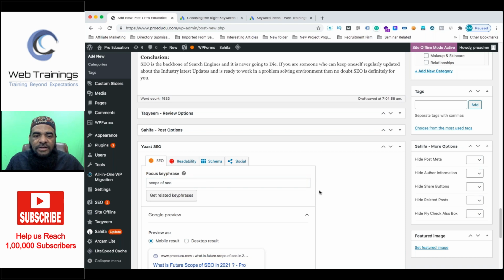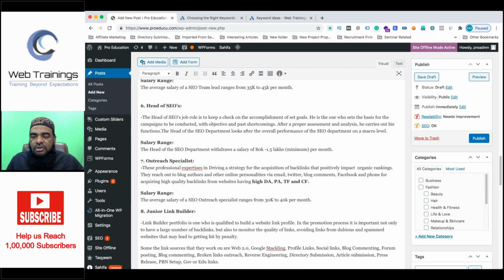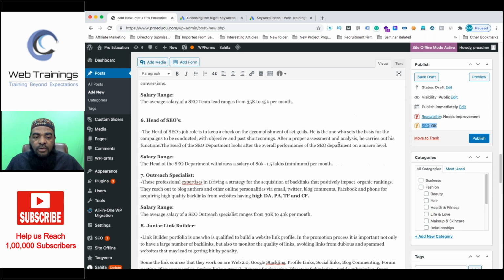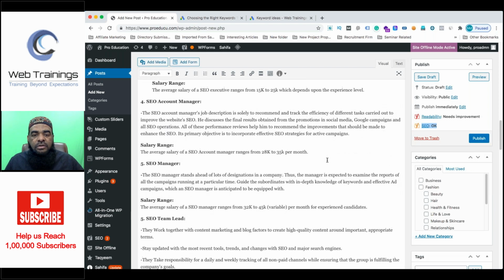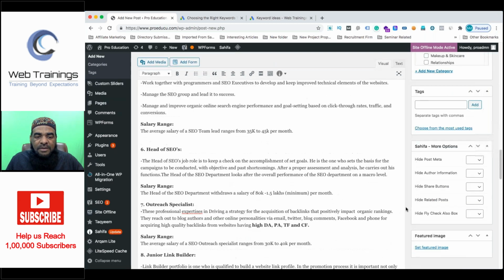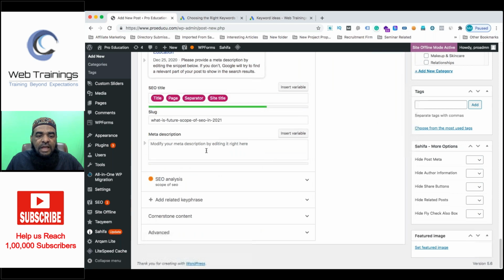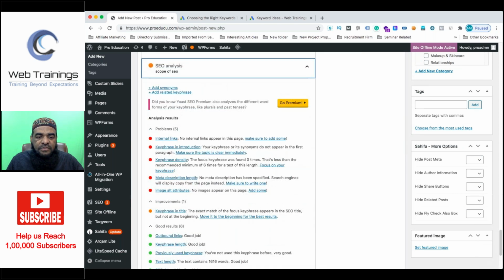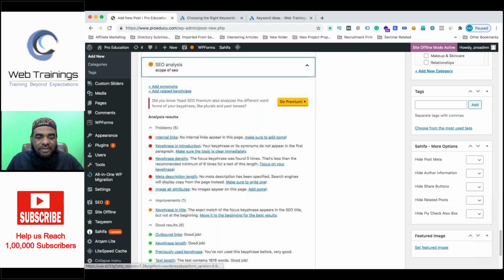The moment you do it, you will notice your Yoast SEO will tell how your SEO is. Is it okay? Is it good? Our goal is to make it good. How it becomes good is based on the content we write, based on the optimization of this article, like title, meta description. When we implement each and every parameter properly, then automatically this will become okay. And for every parameter, Yoast SEO will give us the analysis here, that is, what you are missing, what you have done, what you have not done.